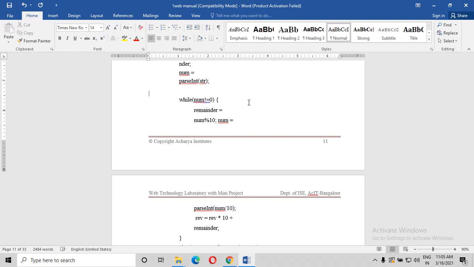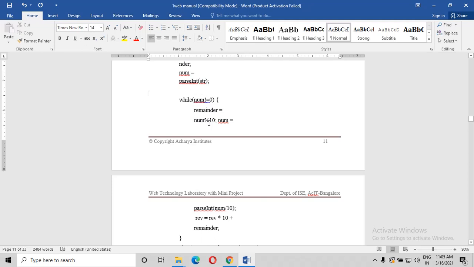Once the number is not equal to 0, then it will enter into the loop. You know what is the difference between while and do while? In while, initially, if the condition is true, then only it will enter into the loop. It is an entry control loop, you control the entry itself. Do while, at least once it will enter into the loop, then it will check for the condition, correct? So in while we have taken the number which is not equal to 0, then it will enter.